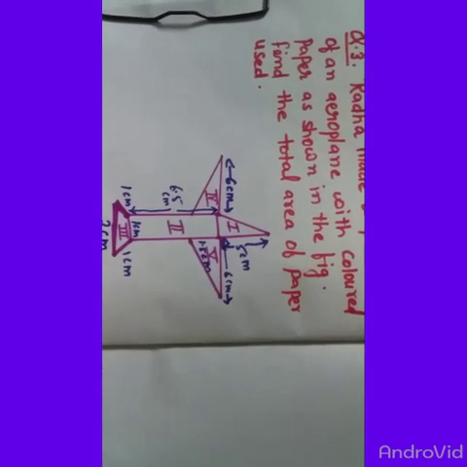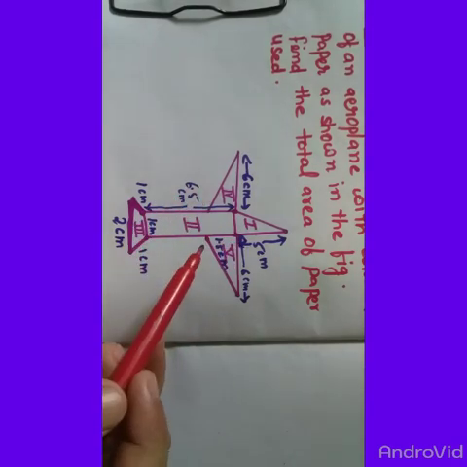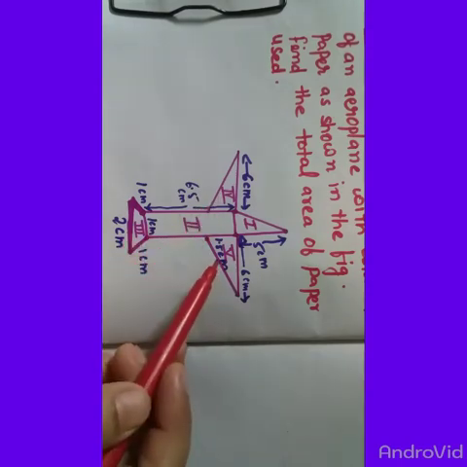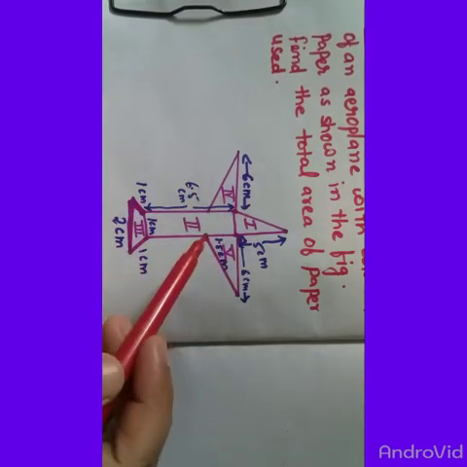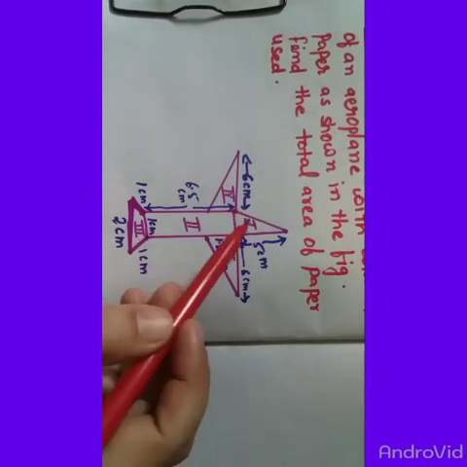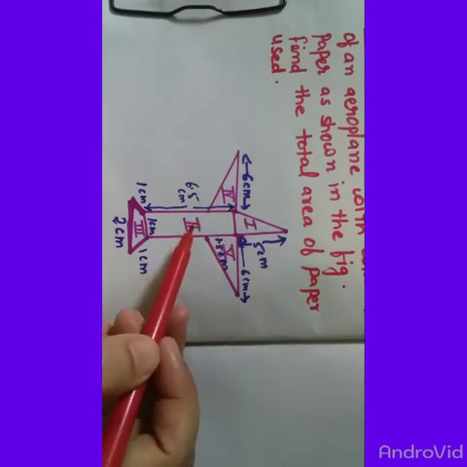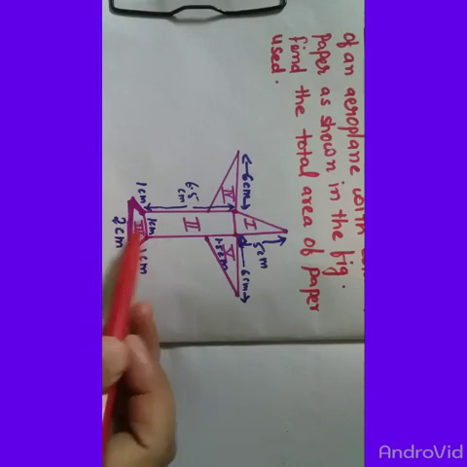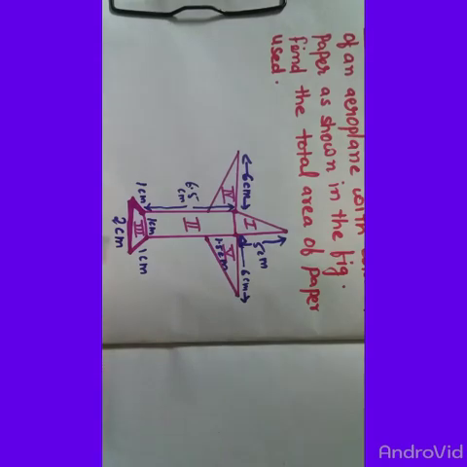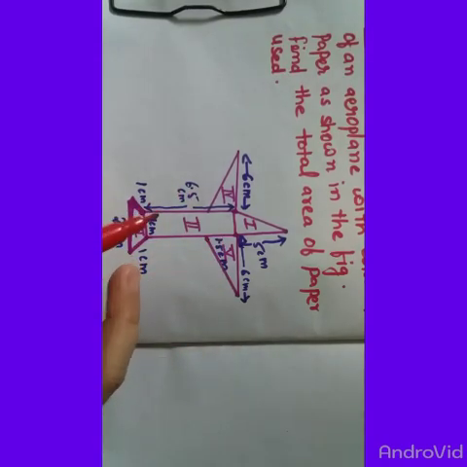So first let us see the picture of an aeroplane. Here the picture is divided into 5 parts: first part, second part, third part, fourth part and fifth part. We have to see the shape and according to the shape we will solve the numerical. Here three are in triangular shape, this one is in rectangular shape and the other portion is in a different shape. So we will solve all the figures and accordingly we will be able to calculate the value.